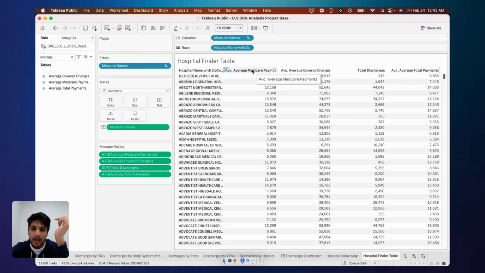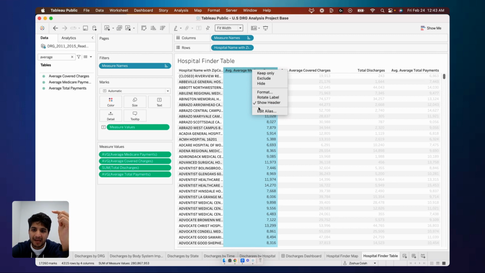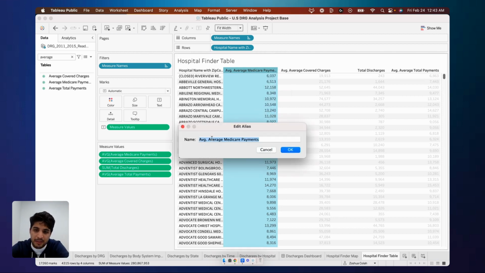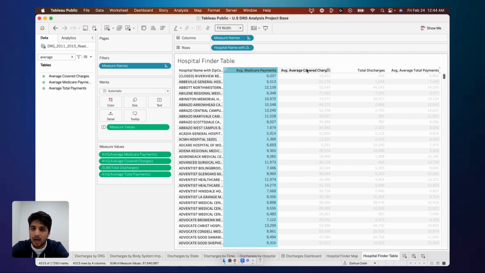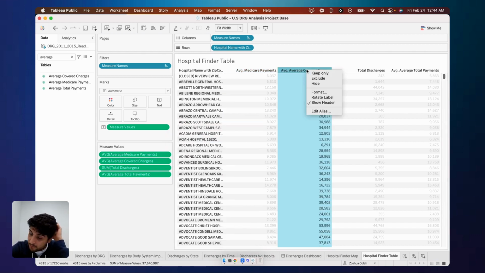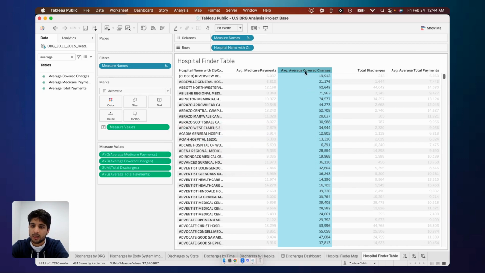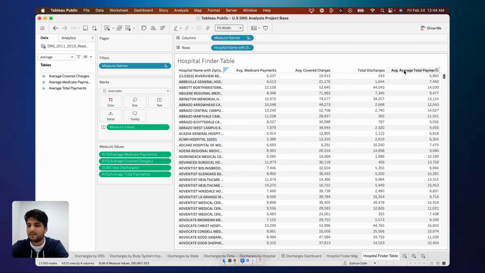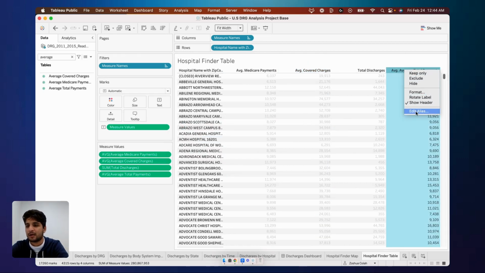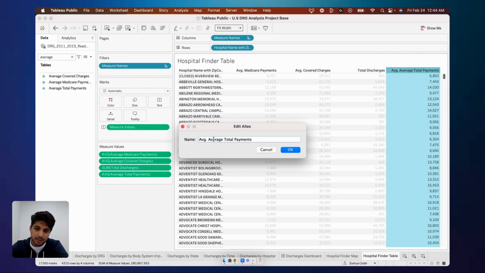How will I edit those? I'm just going to right click on the column header and click on edit alias. Once you do that, I'll just change AVG dot average Medicare payments to say AVG Medicare payments. I'll click on OK. I'll do the same for the AVG average covered charges. I'll click on edit alias and I'll just change it to say AVG covered charges. I'll click on OK. And I'll do the same for my AVG total payments as well. I'll click on edit alias and I'll change this to just say AVG total payments instead of saying AVG average